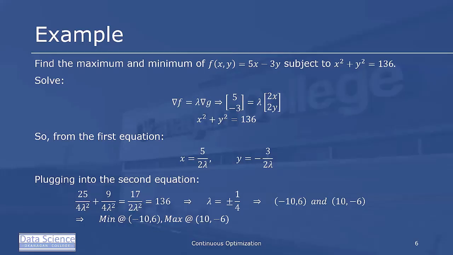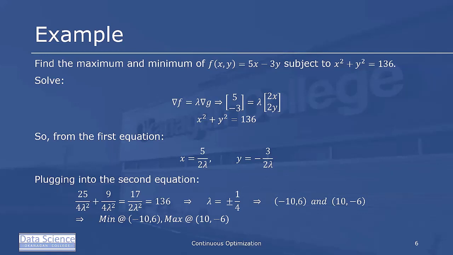In this example, we're going to find the maximum and minimum of f of x and y equals 5x minus 3y, subject to the constraint x squared plus y squared equals 136. Now, before we begin, it's important to check critical points and the boundary cases. Here we have no critical points,